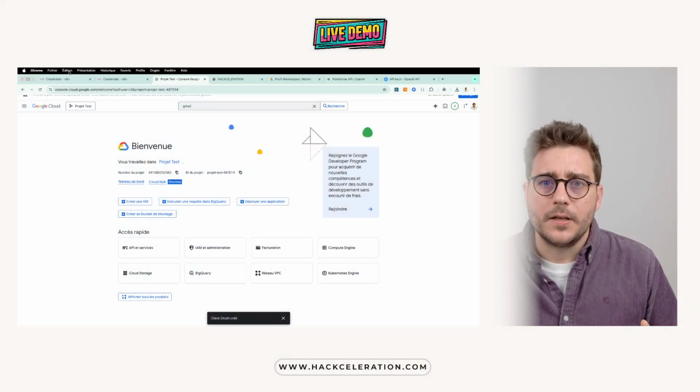We are going to try to connect the Google modules, so Gmail or Google Sheets, for example. We are going to see how to connect Notion directly, and we are going to see how to connect an AI tool, so OpenAI. So we can start. Here you can see on